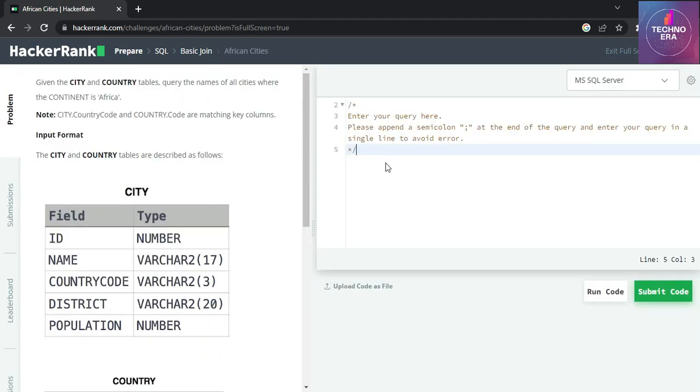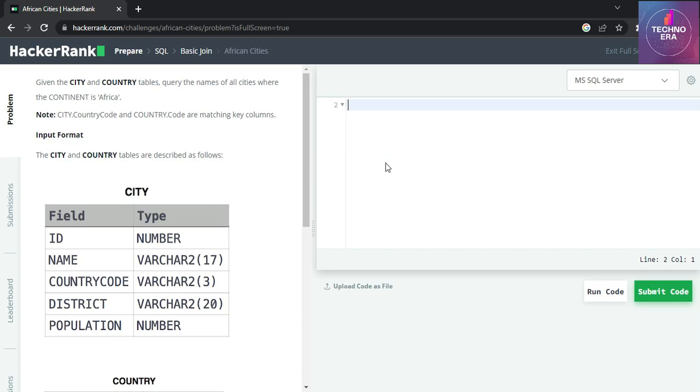Coming to the next problem, African cities. Given the city and country tables, query the name of all the cities where the continent is Africa. City.country code and country.code are matching key columns. Okay, so we have to select all the city names. So city dot name from city as city,